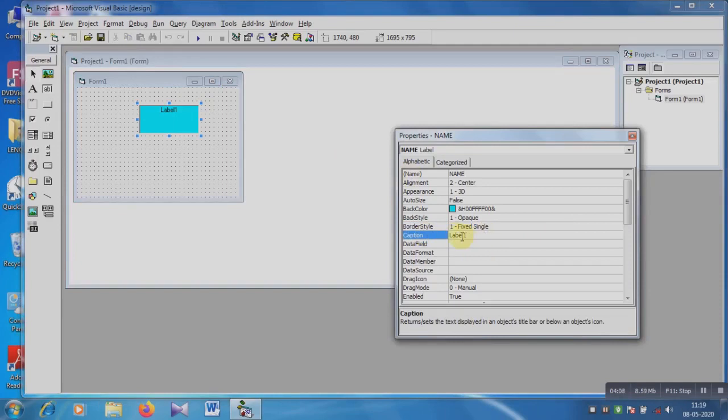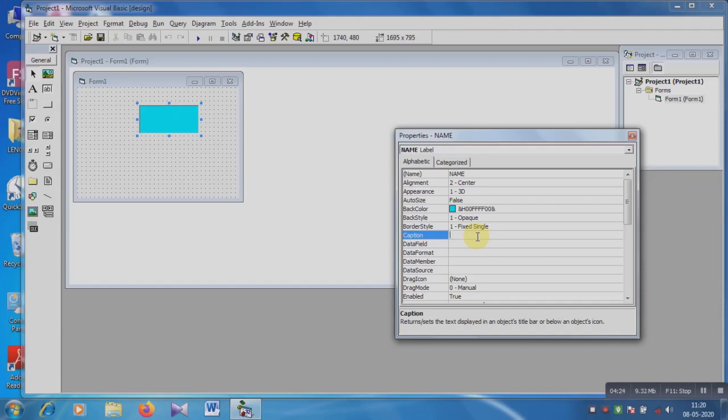Then caption. Caption means the word which you want to write on this label, because the label tool is used to write text on the form. So whichever word you want to write using the label, you can write here.